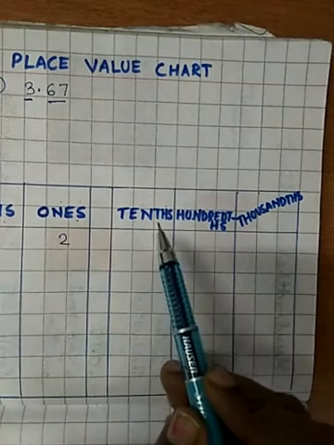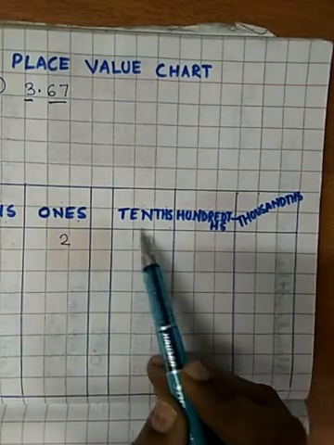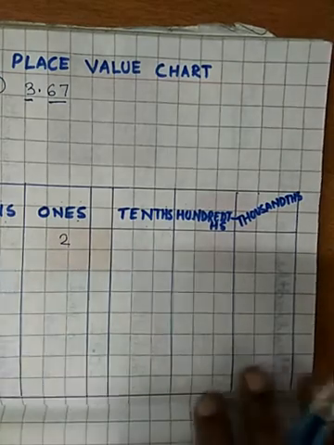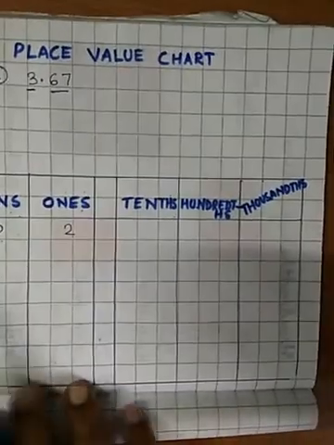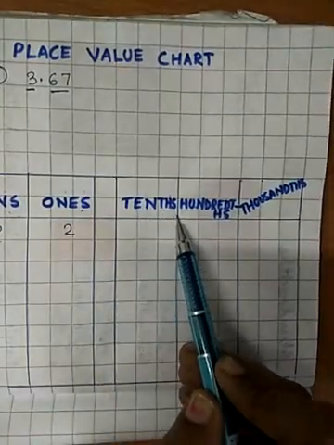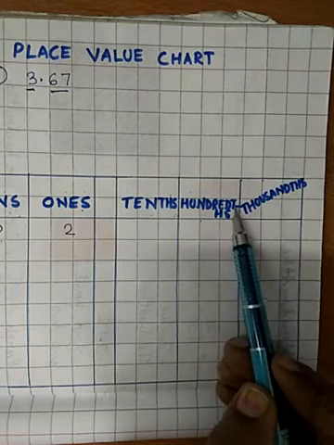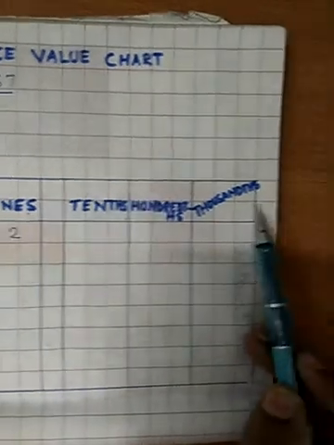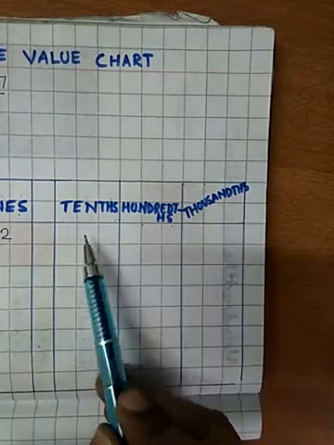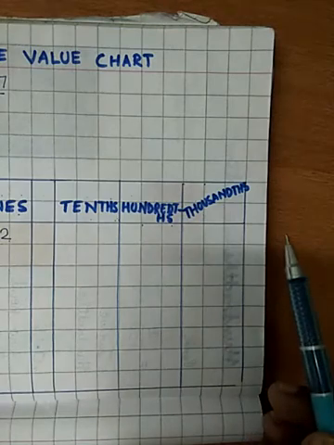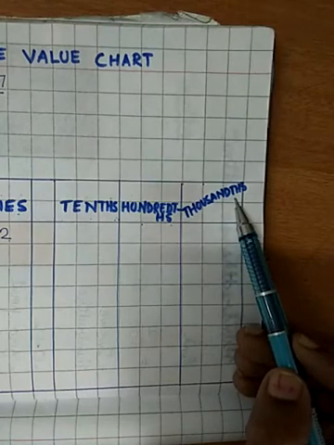After the decimal point, the first house is the tenths house. TENTHS. Okay, see the left side. It is TENS. But the right side is TENTHS. Then the next is HUNDREDTHS. Here thousands, THOUSANDTHS. All THs will come on the right side. The next will be TEN-THOUSANDTHS, HUNDRED-THOUSANDTHS. Okay, everywhere the THs will come.